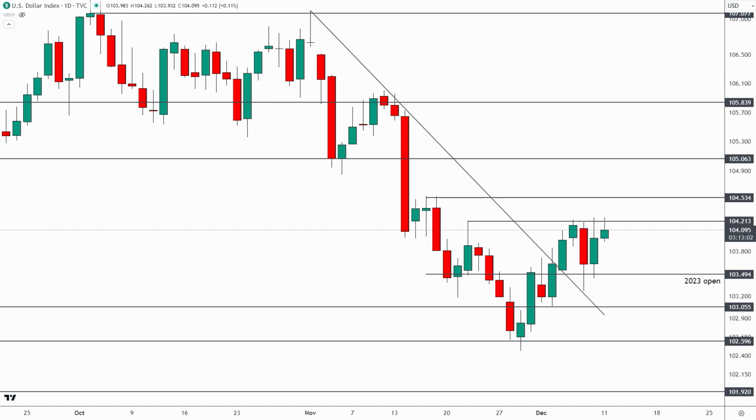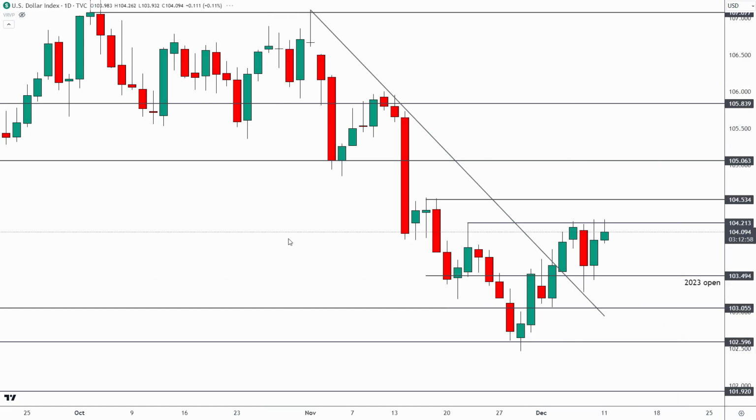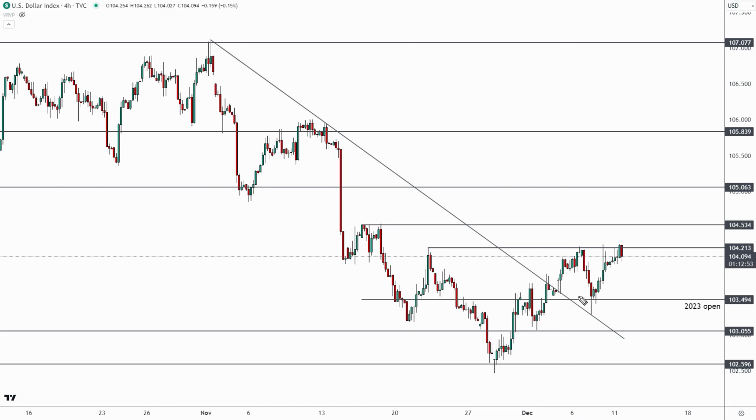Okay, now the DXY does have a chance for a bullish reversal pattern, because if we go here to the 4-hour time frame, what you're going to notice is that it did come off of this trend line right here. So we have the highs right back here in November, and you can see we're consolidated right before the breakout. So with the breakout, rounded retest, and so far that level is holding as support. Now you can also see where on the 4-hour time frame we do have a potential inverse head and shoulders. Now the key for this pattern though is going to be a sustained break above this area up here.